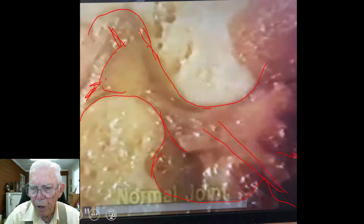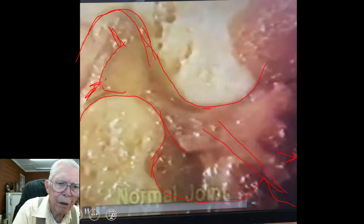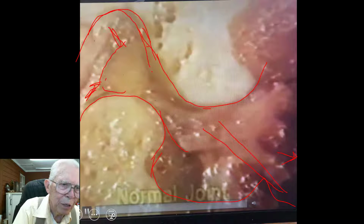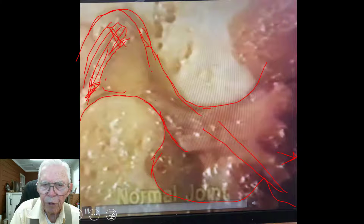We're going forward in this motion right here. This is where it would go. And this is when it's squeezed up back here. You have this pocket up here. The tissue goes up in this area. And I don't know this for absolutely a fact, but this most likely is the area where the retrodiscal tissue is. Now this is a highly vascular tissue that supplies the synovial fluid,